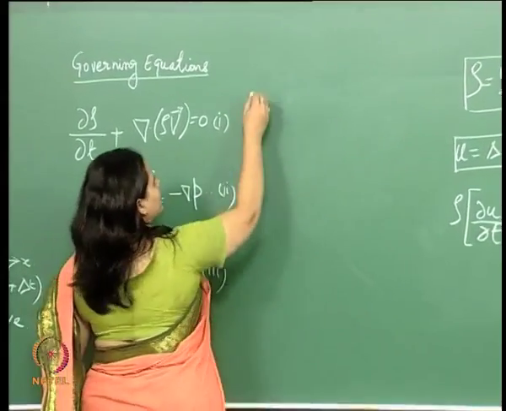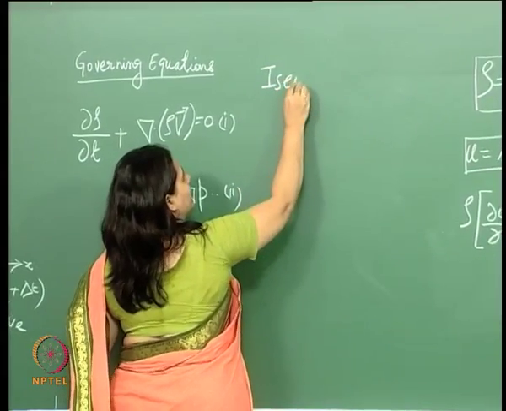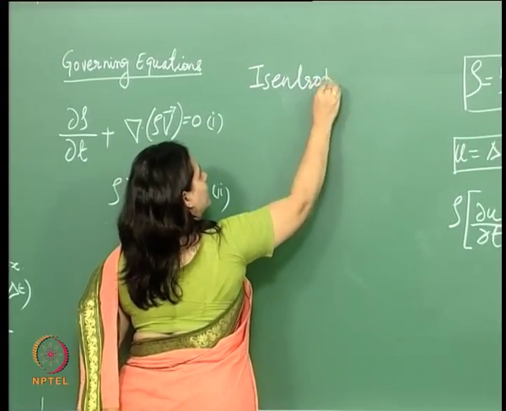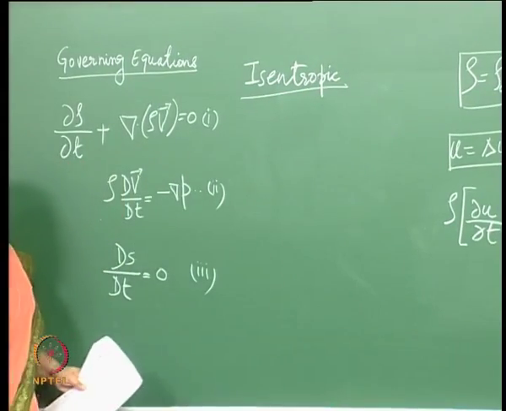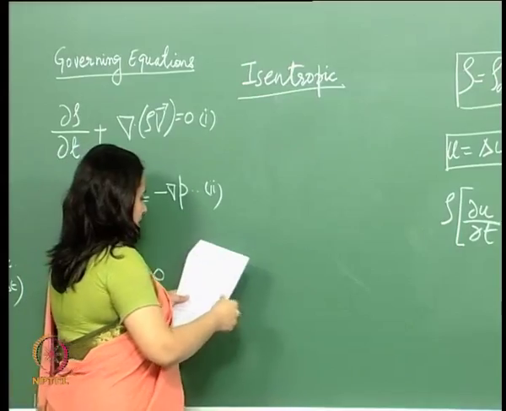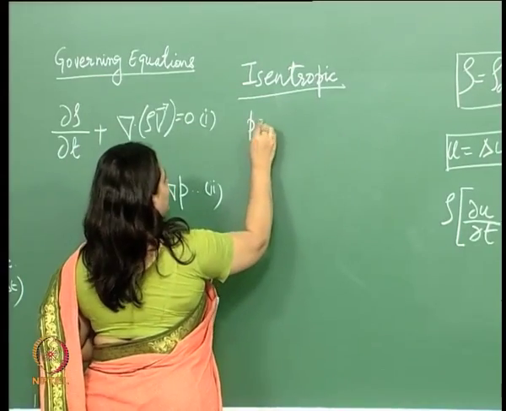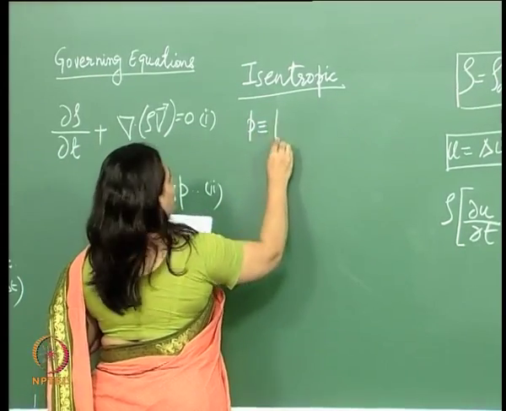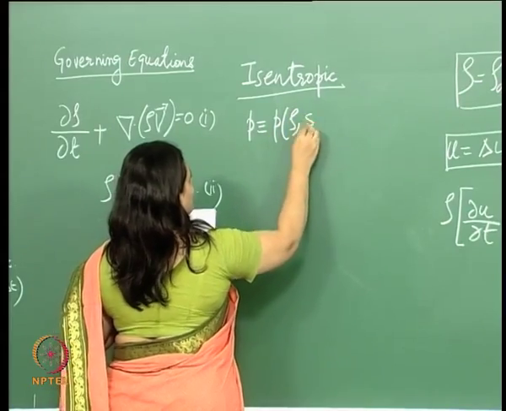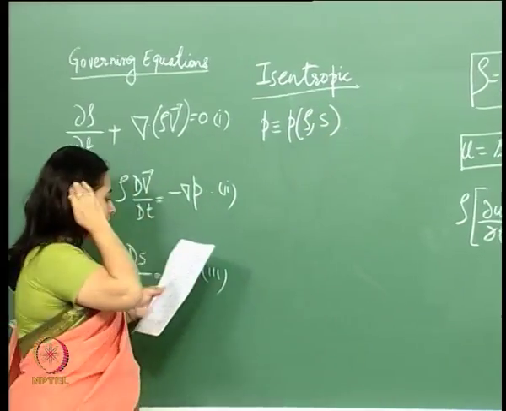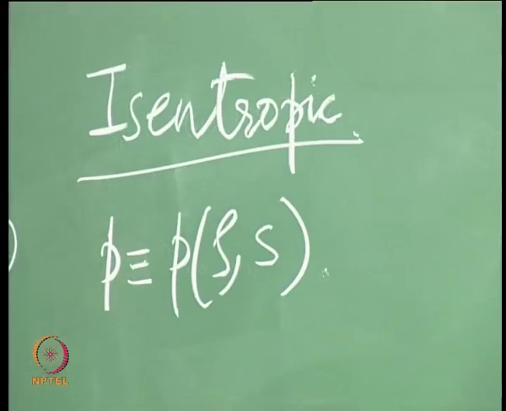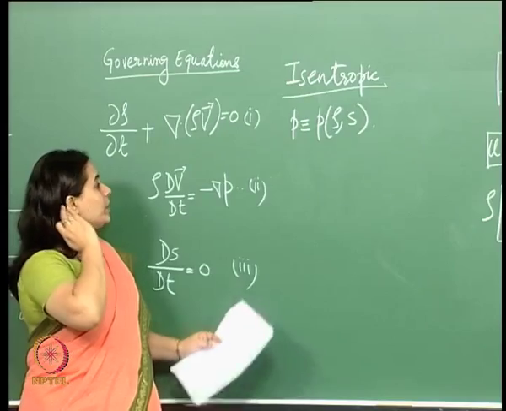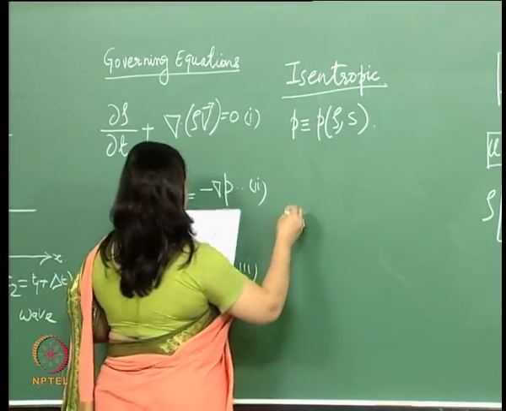So what I am saying is that we have isentropic flow, right. If it is isentropic, then I can say that pressure is a function of density and entropy. I can write it like that. So in this particular case, let me write